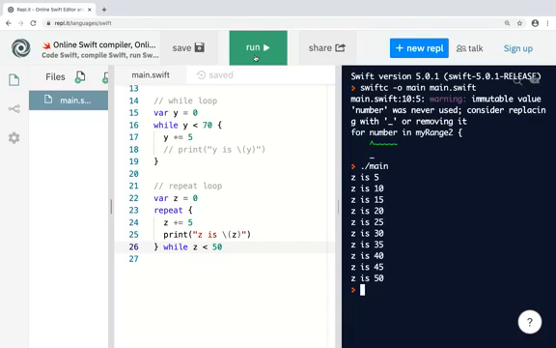Is 5 less than 50? 5 is less than 50. And then the loop repeats until the value of Z reaches a value greater than 50, at which point it stops. Now, let's say, for instance, if I set the value of Z to 100,